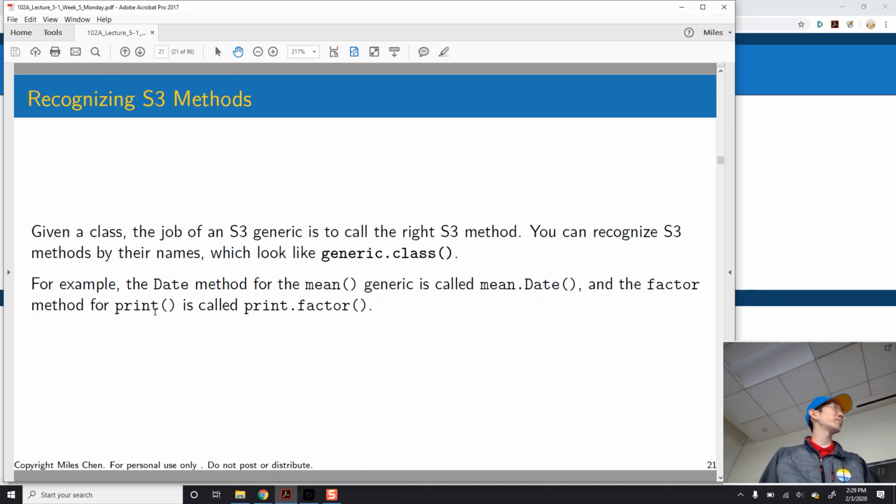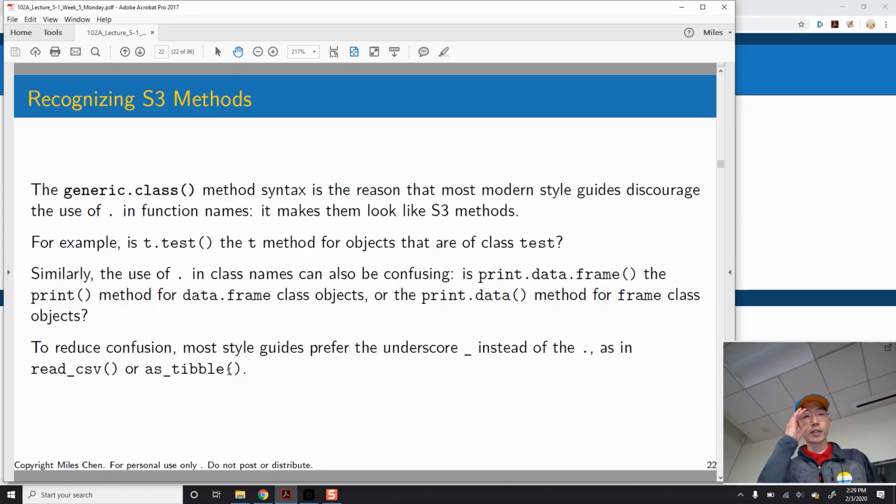And the reason why is because print.factor is the method that is being called when you call print. So you give it a factor, it's not using the generic default print method, it's using print.factor. It looks up this function. Okay, and so because it's generic function name dot class name, it's generally discouraged to use